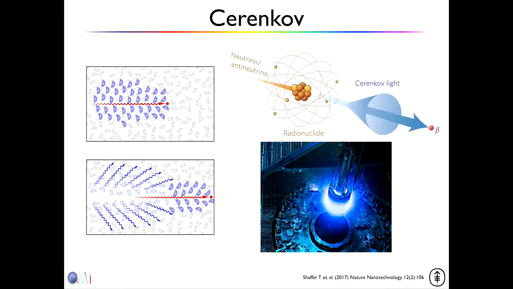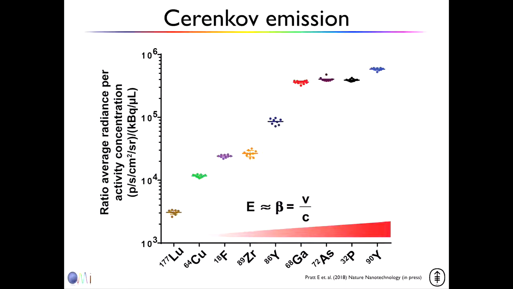So changing gears a little bit to one of my favorite topics, Cherenkov. You probably all know what Cherenkov is, so I'm not going to go into detail. If you have a charged particle which goes through a dielectric medium, you get the Cherenkov light, mostly known from a nuclear reactor. Here it's the Oak Ridge reactor, which they pulled out of the setting. This is the reactor core, and you see a lot of Cherenkov light. Now Cherenkov, if it's in a reactor, you can see it very well.